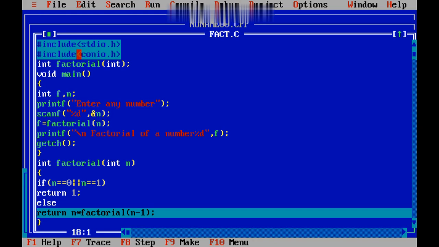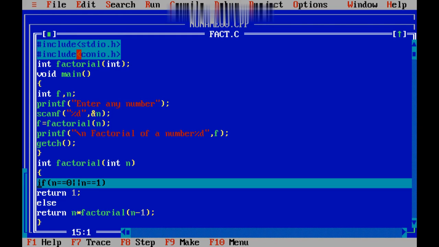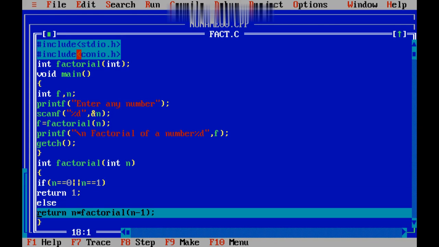Right here, it is calling, 5 is already there, and now 4, and now I am calling factorial of 3. So the control goes back to this place. So it is 3. It checks again whether my number is equal to 0 or 1. No, my number is 3. So it goes with the else part.